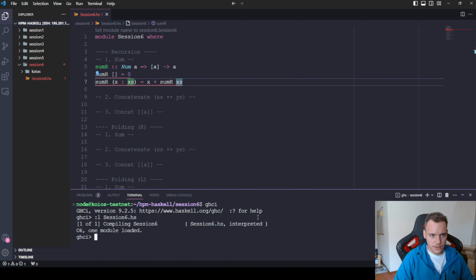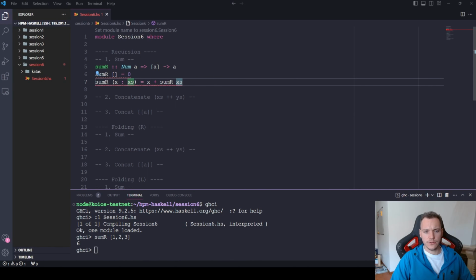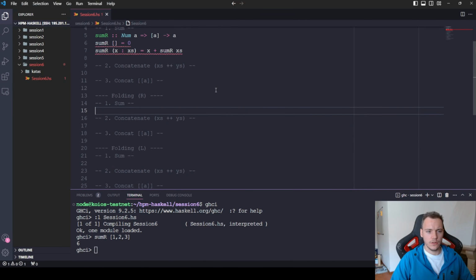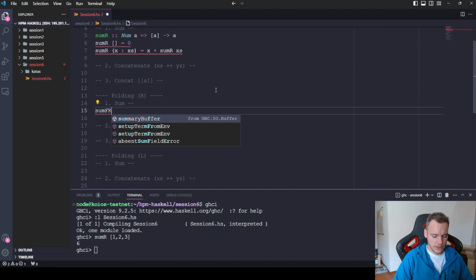So load session 6, and we can say sum r of, let's say, 1, 2, 3, and we get back 6, which is correct. So that's how we would define a summing function using recursion. Now let's try to define the same function with the folding function foldr. I'm going to call this sum fr, standing for